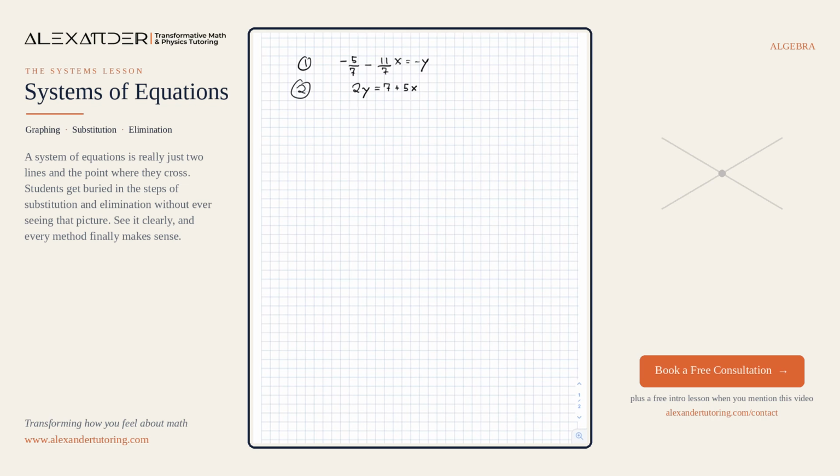So what we want to do, step one, is to isolate a variable. And we have four choices, right? There's two variables in the first equation, two variables in the second equation. We want to isolate a variable of our choice. It'll work no matter which one you choose. So usually we'll just want to choose the one that makes your life the easiest. I'm just going to start with equation one. I think that this y right here will be a good choice to isolate, because you can see that it's